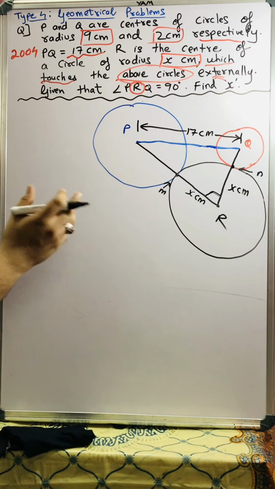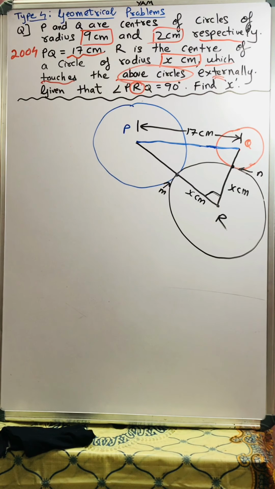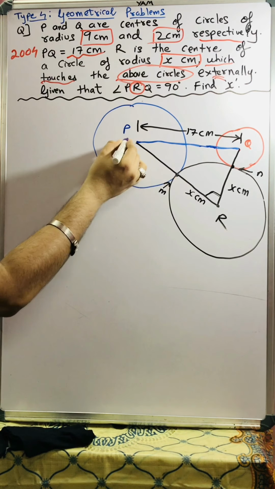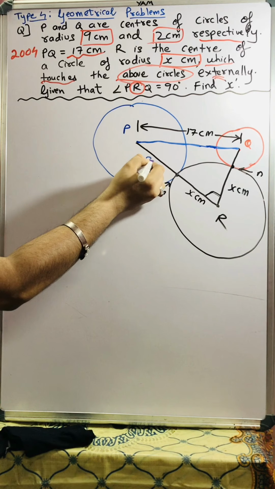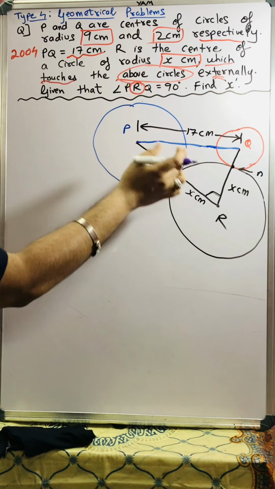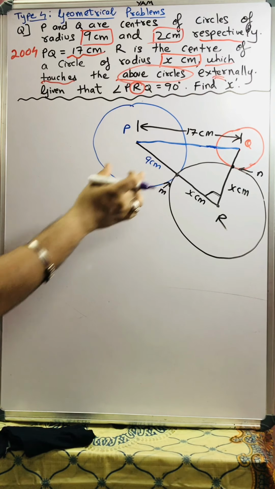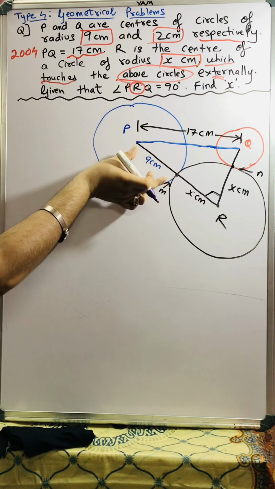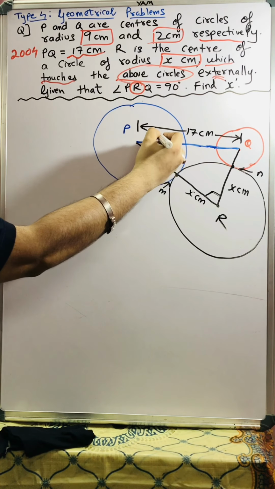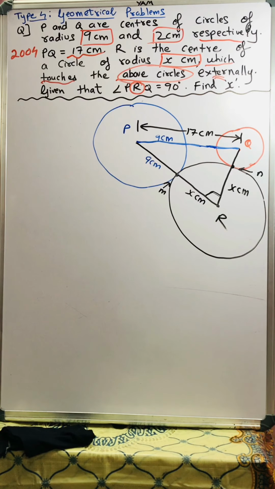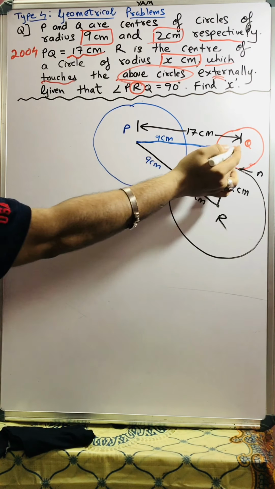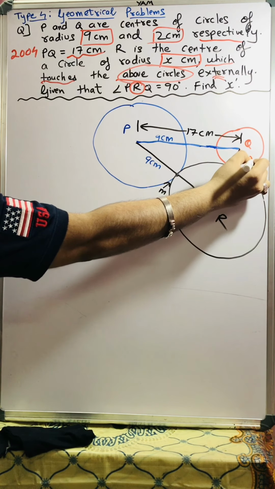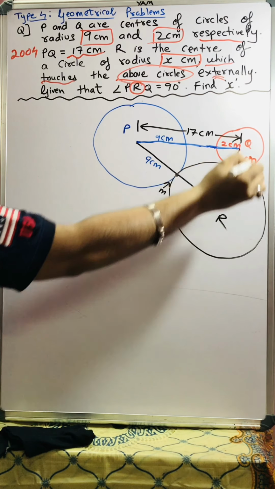Okay. Now let's write the dimensions about this blue circle. The circle with center P has radius 9 centimeter. So I'll say this PM is radius 9 centimeter and this part, I have not named it. Actually, it's not needed. That's why I'm not unnecessarily introducing more alphabets. This is equal to this. So this is also the radius. This is also 9 centimeter. Similarly, now let's speak about the orange circle. In orange circle, the center is Q and its radius is 2 centimeter. So QN here is 2 centimeter. And this part is also 2 centimeter.